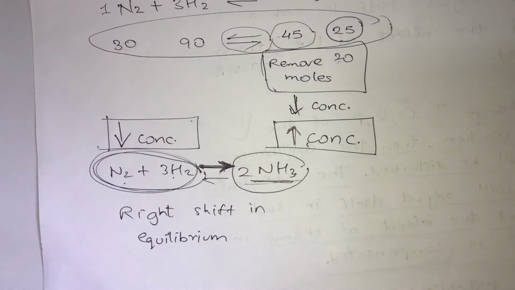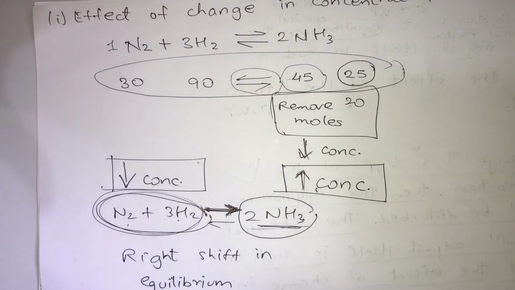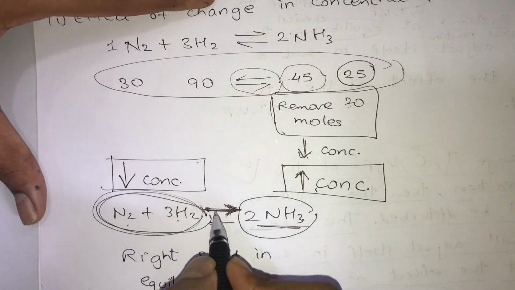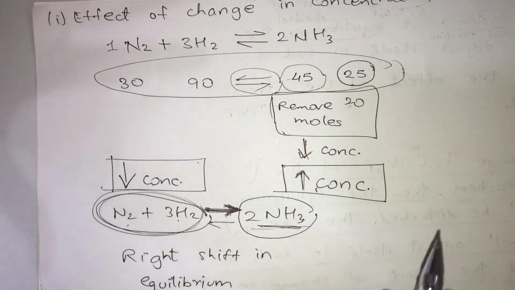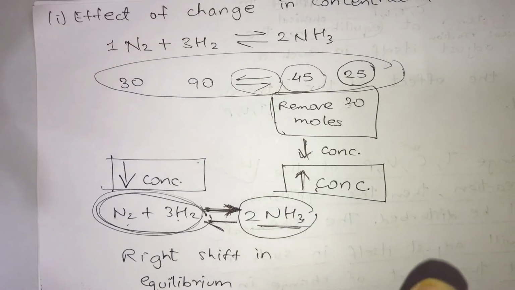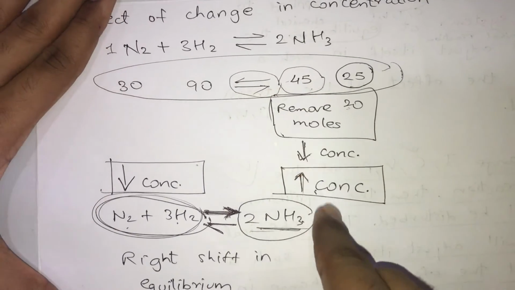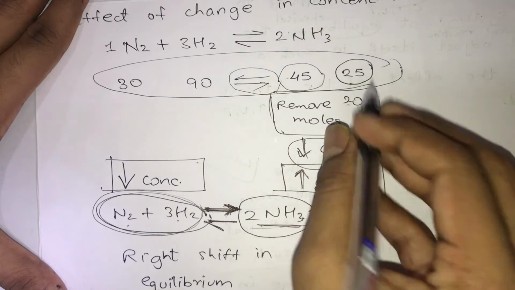Okay, so this change in shift of equilibrium is called a right shift in equilibrium. And it is obvious, guys, that after the forward reaction is done, again a chemical equilibrium will be established. Okay, done, understood this one, quite easy. Now here we had decreased the concentration of the products.